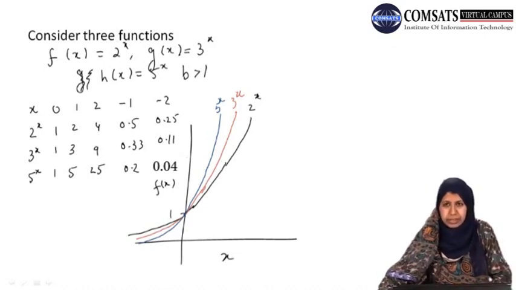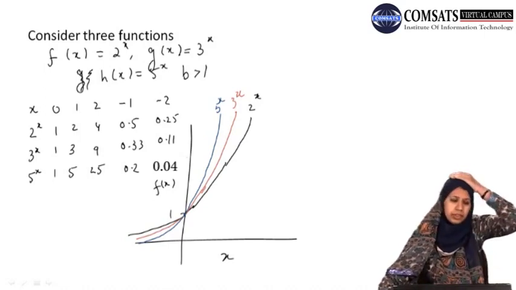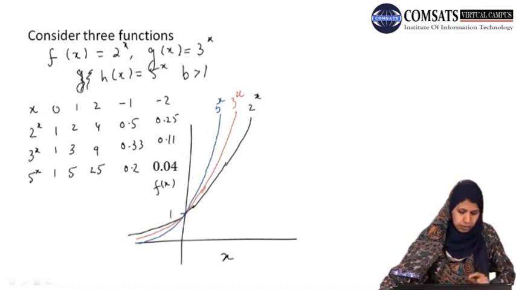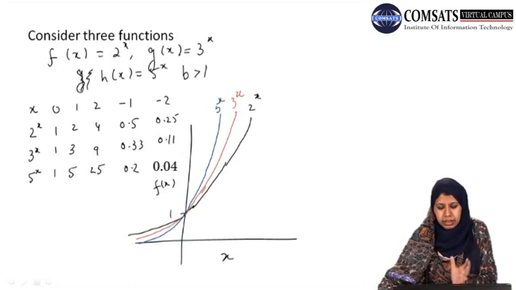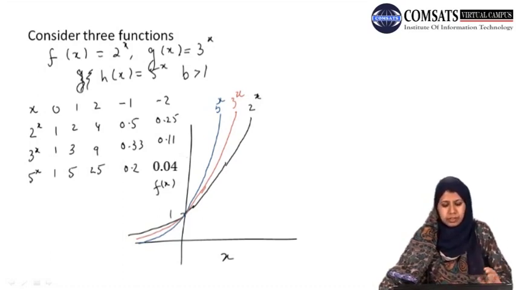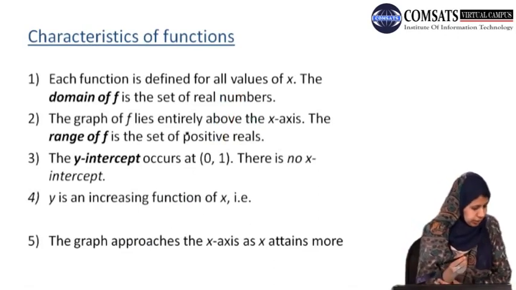Now we have compared three graphs of exponential functions when b is strictly greater than 1. And keeping this picture in mind, now we will give the general characteristics of the exponential functions whenever b is greater than 1. So what are the characteristics of the function